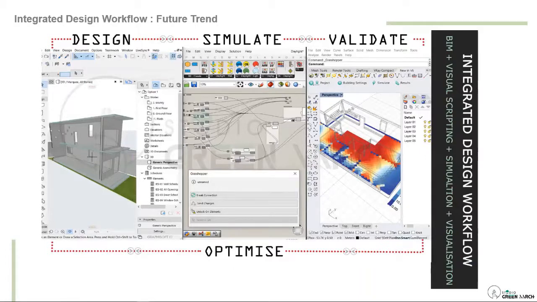Then it is simulated. If it is not satisfactory, we take the same data back to the BIM project, make the modification, and the same script works. The main plus point of this type of integrated design workflow is that an architect or a designer can simulate on their own while designing, by being given a script.